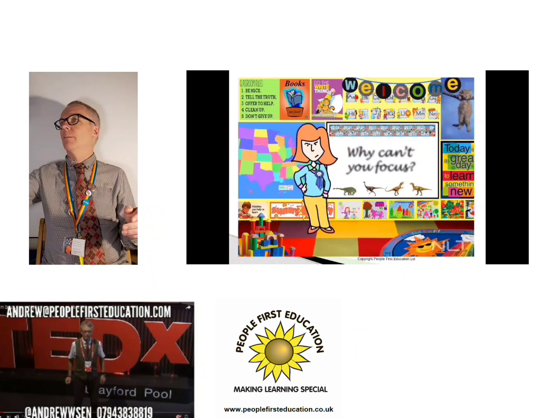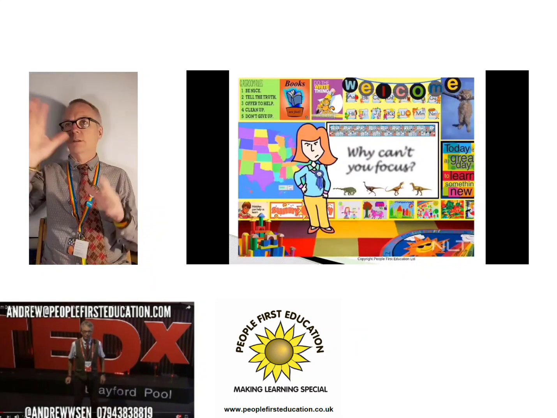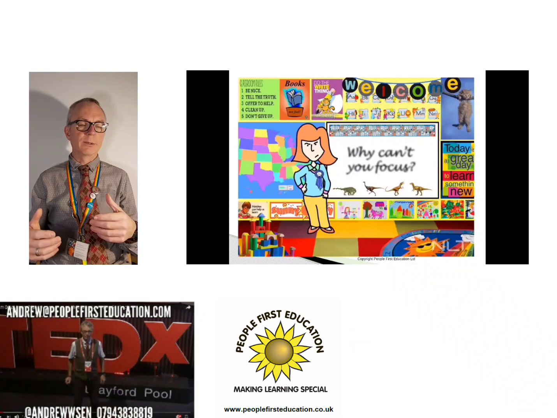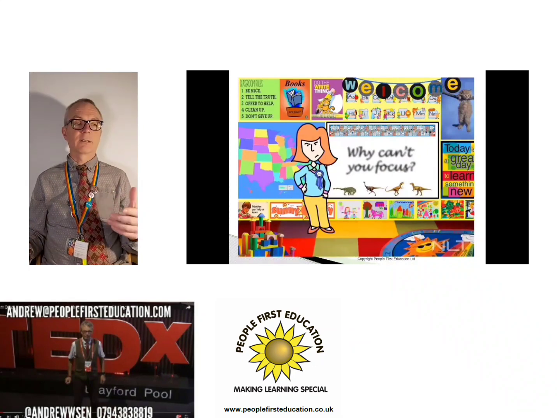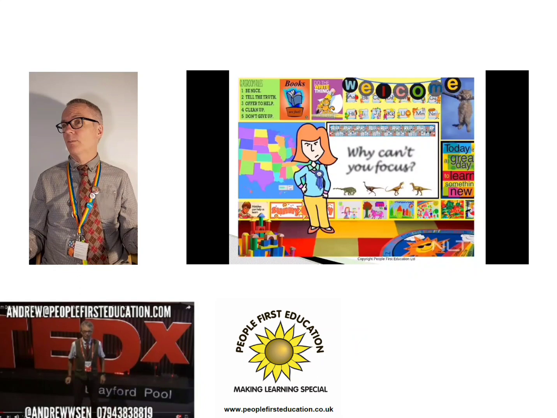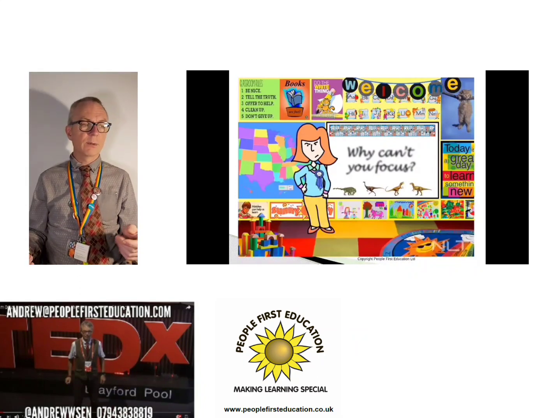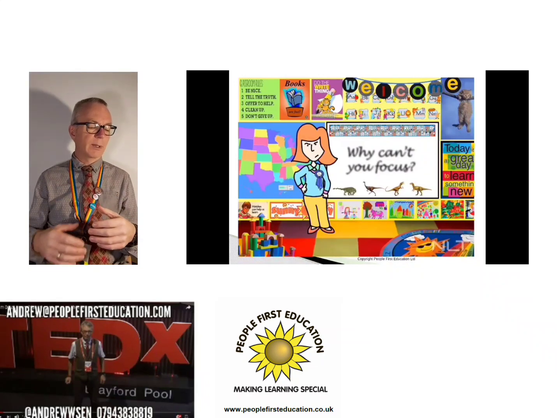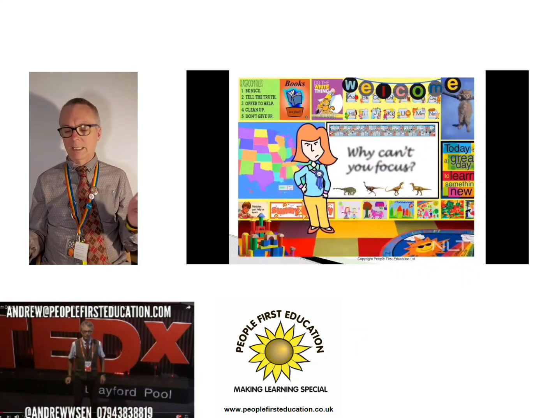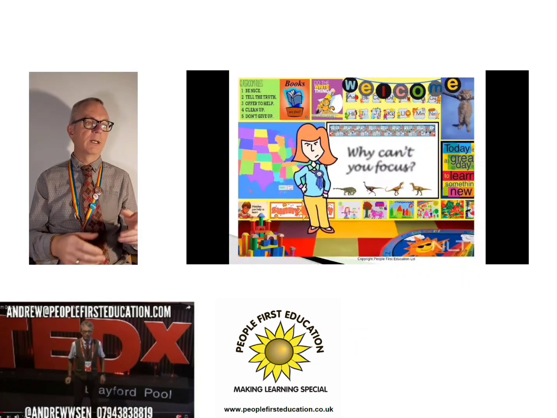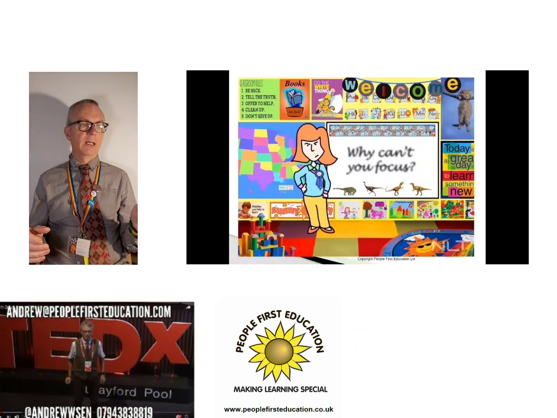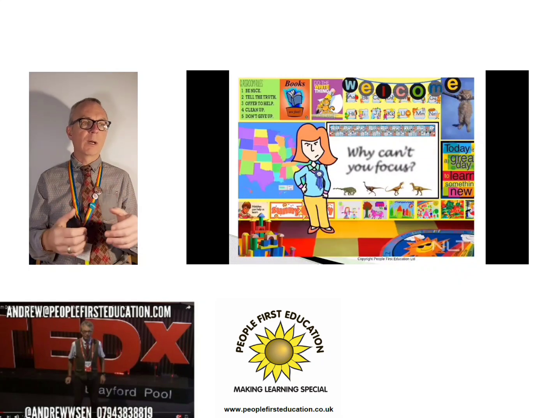Have you got a projector going in one corner of the room for children doing interactive activities on a whiteboard? So then if you've got a projector going, do you need lights on? Do you need music playing? I don't know. I'm not convinced you do all the time. I'm very much a fan of when music is played in the classroom, that music should be focused and explicit to a learning task, not just playing in the background. And it can all be too much. And so when we say, why can't you focus? Really, the answer's there on the screen, why they can't focus. There's way too much going on. Okay.